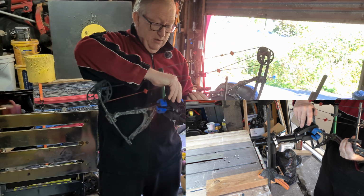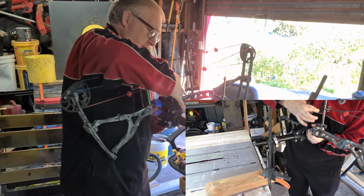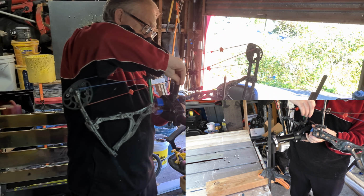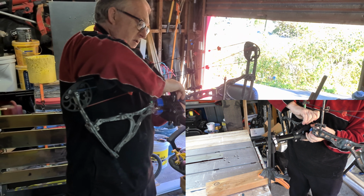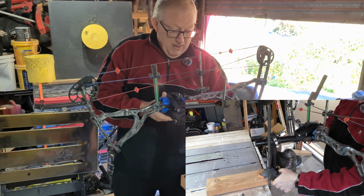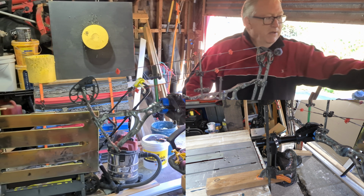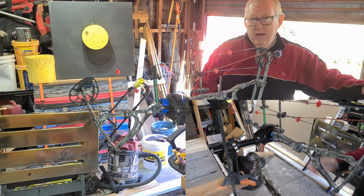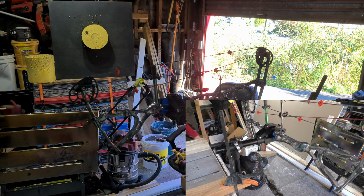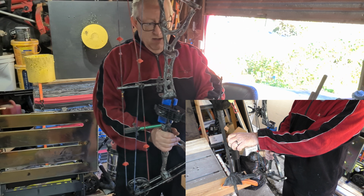So what you're supposed to do with this is grab this, put it in. See, that's too tight, so what we'll do is loosen this a fraction. Try that. Clamp it down. Now at the moment I haven't got this clamped very well, but normally it would be clamped pretty well. Let me spin you around so you can see how I've got that. Hopefully you can see from both ways that the bow is in there and it's held quite nicely. Yep, you can see there. That's good. And now if I want to turn it upright, I just loosen that off. I can spin this, get it in the upright position,